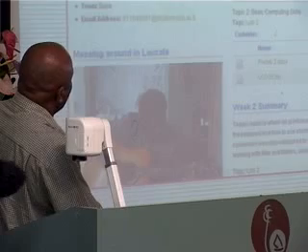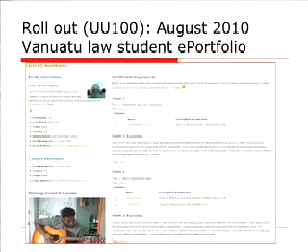This is an e-portfolio of a UU100 Vanuatu law student who's doing UU100 in Vanuatu. So I must say that our speed, our connection access problems have been fixed, and that's why we get some people doing. I think that's an excellent e-portfolio. Although you maybe can't read it, he's got his profile there. He's got a photo here titled "Messing Around in Lorau." I believe he did one. He came here for a year,